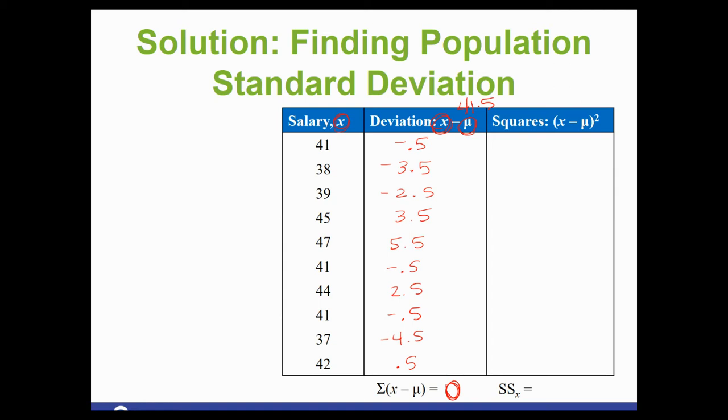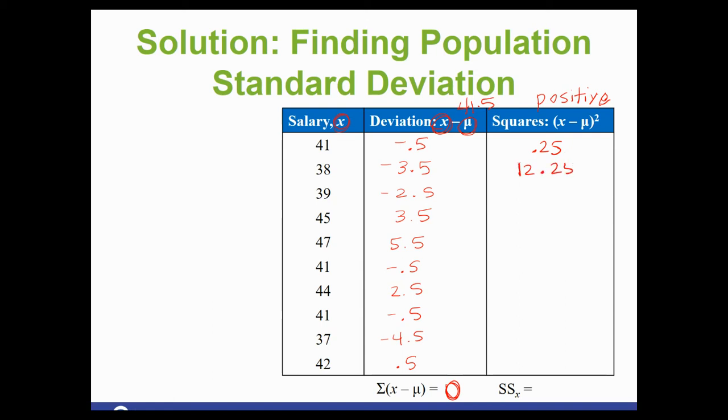So that's why we have our next step. We've got to square all of these values. Squaring means all of these values are going to be positive. It's going to change the number a little bit, but they are going to all be positive. So when we add them all up, we're going to have a number we can work with here. So keep in mind with using your calculator, make sure you put parentheses around the number that you are squaring so your calculator gives the right answer. So negative 0.5 squared gives me 0.25. Negative 3.5 squared gives me